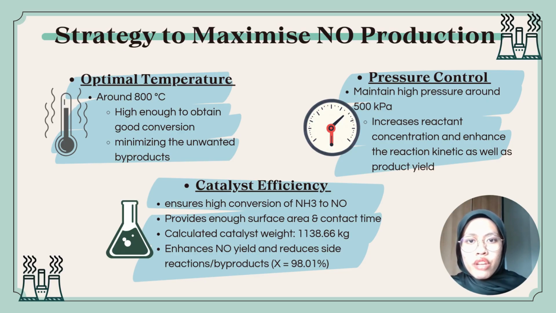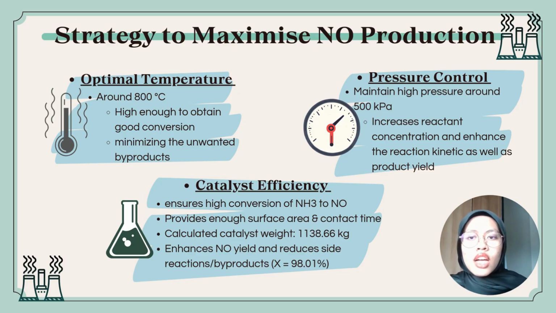Making the process more efficient without compromising safety. Last but not least, catalyst efficiency. Based on our design calculation, approximately 1,138.66 kg of catalyst is required in the packed bed reactor. This quantity ensures sufficient surface area and contact time for the reactants, allowing the ammonia to be converted efficiently into